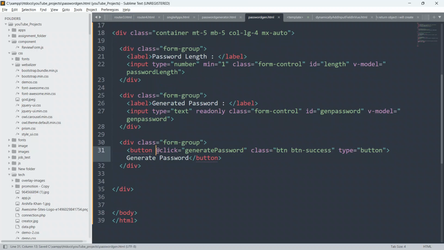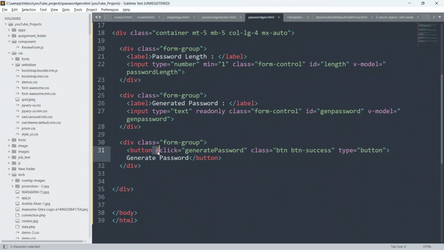Guys, as you all know, @ is the shorthand for v-on, and v-on is known as the event handler in Vue.js. I always try to explain this in each and every video.